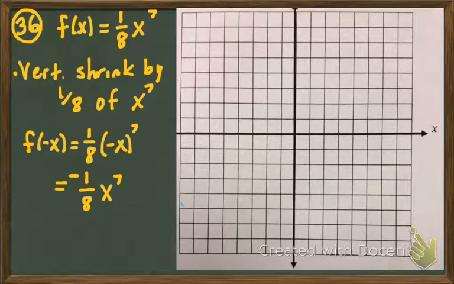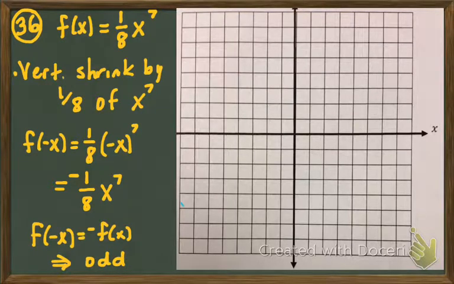So this is the opposite of what I started with, and the way I denote that is I say f of negative x equals negative f of x, so the function is odd. That tells me that when I graph this, I know I will have diagonal symmetry in my quadrants, and because this is x to the 7th, by this point you should understand that that should give us a graph that looks a lot like the most commonly studied, I guess, function of an odd power, and that would be x cubed. So we're going to plot these points on the graph,